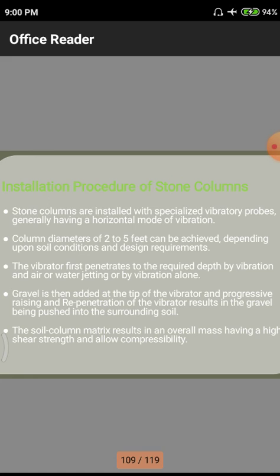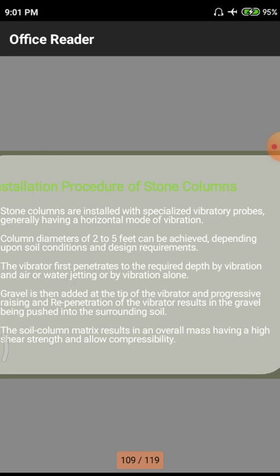The stone column diameter varies from 2 feet to 5 feet, not meters, 2 feet to 5 feet. Normally we prescribe these stone columns with gravel-like material. Gravel is very cheap and plentiful in our conditions of climate and other topographical features, so we have this gravel material available.